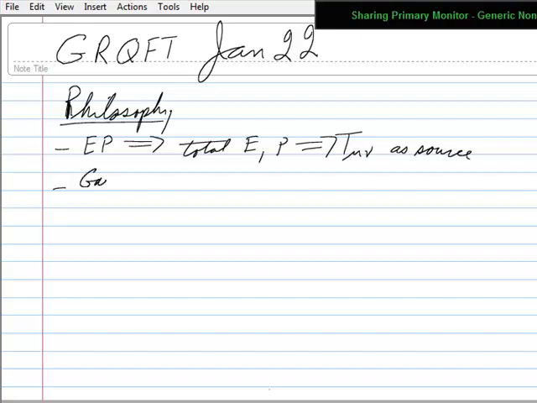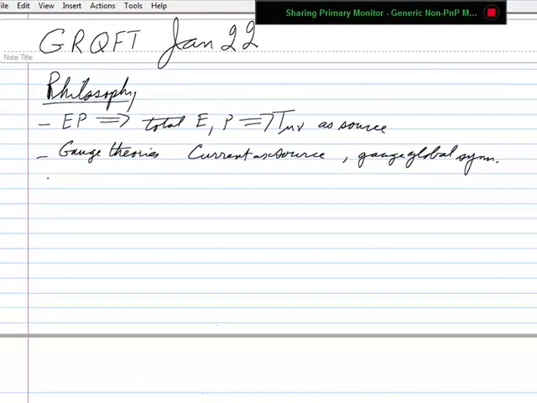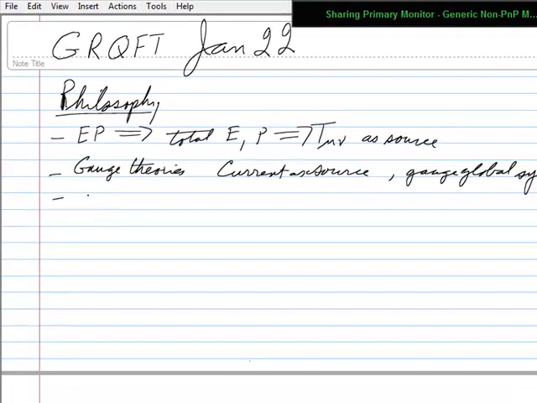and we did gauge theories where if we want a current as a source, we gauge a global symmetry. So you gauge the global symmetry, you get a field theory with a current as a source, and you then note that T mu nu is associated with global space-time transformations,